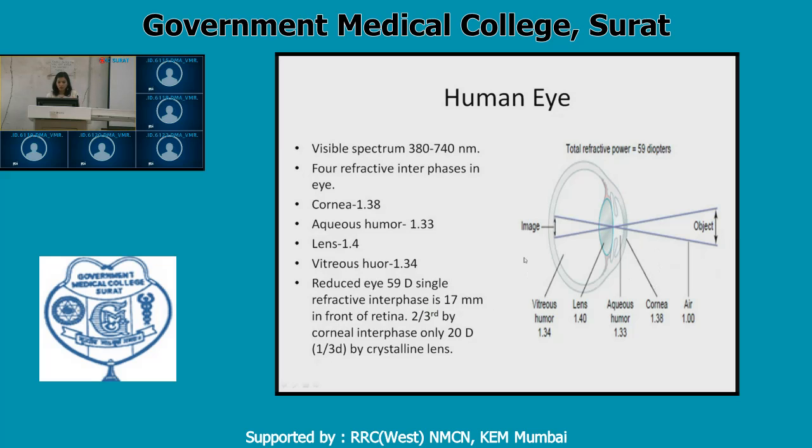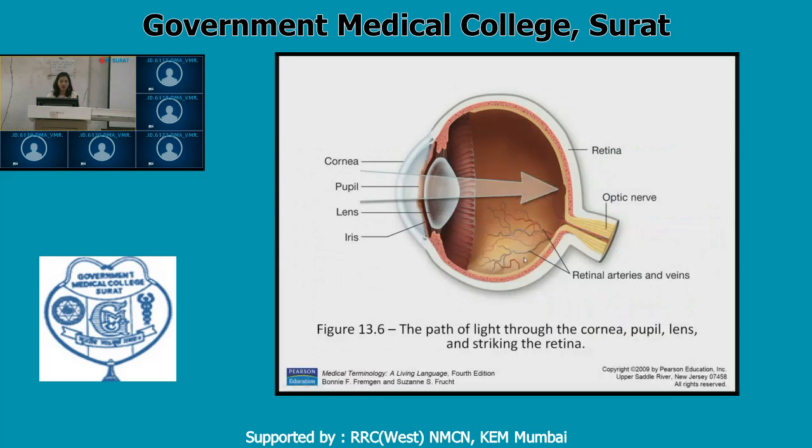So we can see how the light travels into the eye. It passes through the cornea, which is a transparent structure, as we all know. Then it passes through the pupil, the opening which controls the amount of light entering the eye through the sphincter pupillae and dilator pupillae muscles. Through the pupil it enters the anterior chamber, that is the aqueous humor, then the lens, anterior surface, posterior surface, then through the vitreous humor, and ultimately the image is formed on the retina. So this is how the eye works, and this is the optics of a human eye.